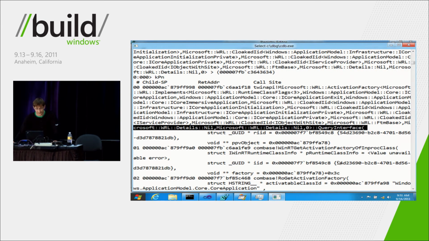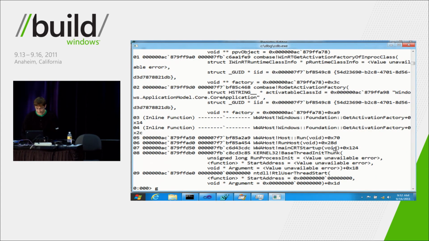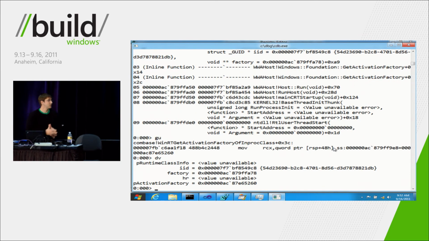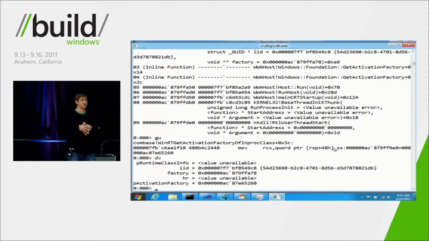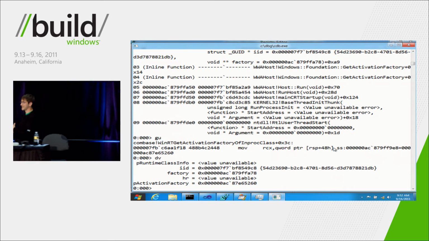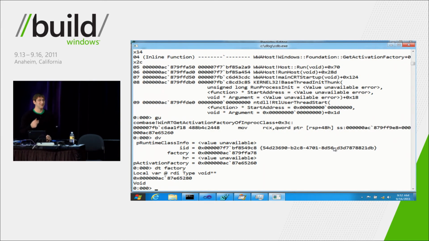Query interface is being called, and we're still in that process of getting the activation factory. Now, if we run up from here, go up to the next frame, take a look at the variables. One of these variables should hold that interface that WWA host is looking for. All right? I can tell you that it's the factory variable. You could figure this out on your own by poking around a little bit, but trust me for now, it is the factory,